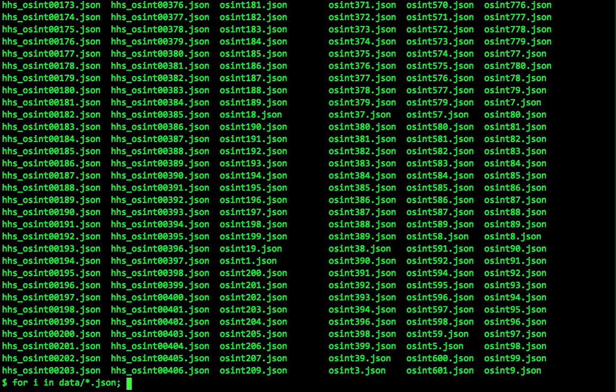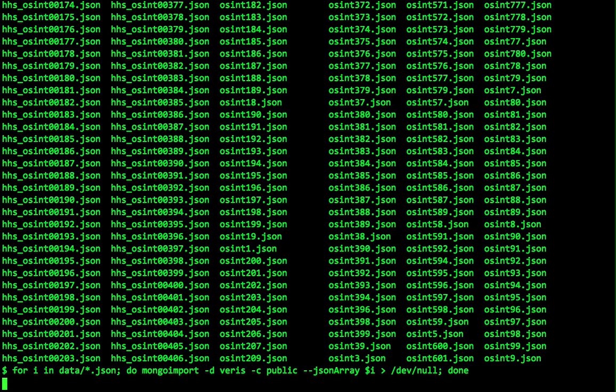and then I want to do a Mongo import, and I'm going to create a database called VERIS and a collection called public, and then I'm going to pass in a JSON array command with the file name, and then I'm going to put all of that out to devnull. So this is running,